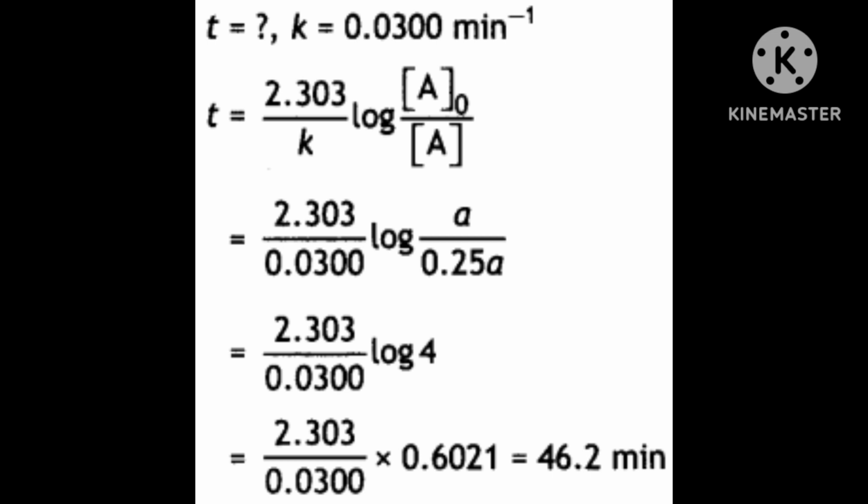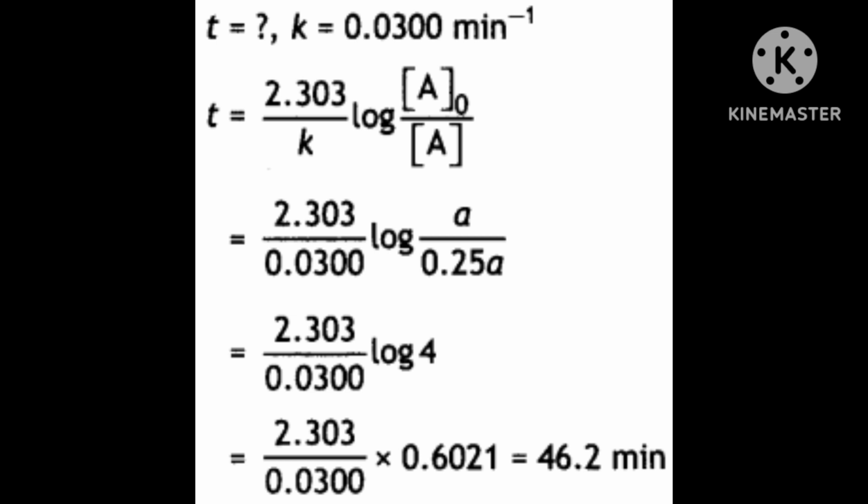T is general; if 2 times are given, then T2 minus T1, otherwise write only T, at time T. Then 2.303 divided by T, log R0 divided by R. Here R0 in terms of pressure is the initial pressure, which is Pi, divided by